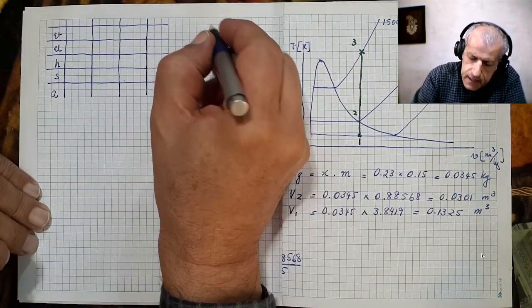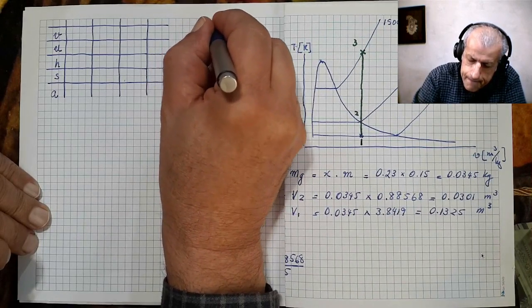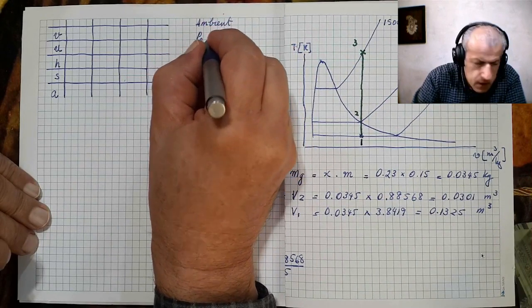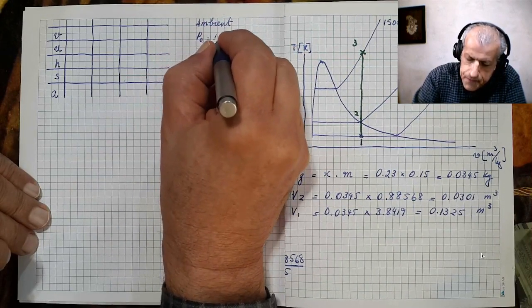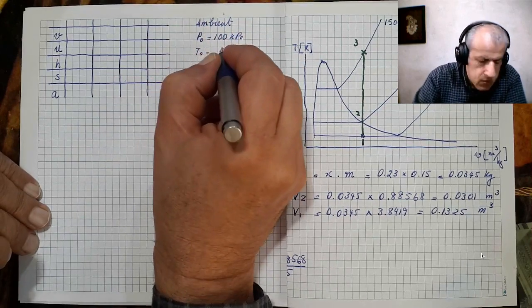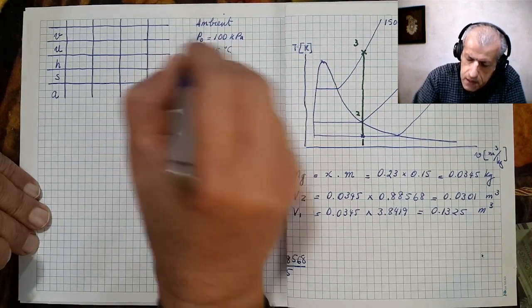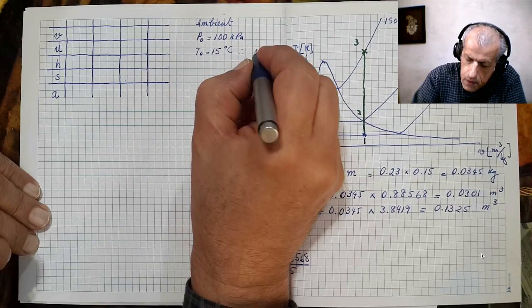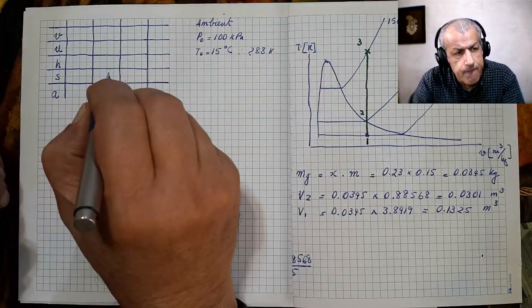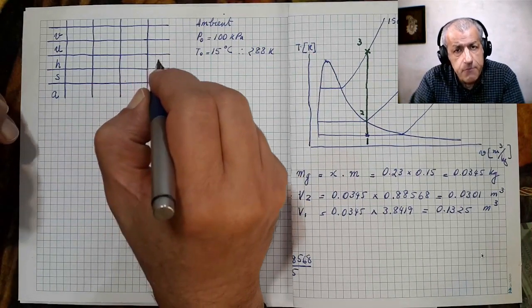Let's say that ambient is P0 equals 100 kilopascals and T0 equals 15 degrees C or 288 kelvins. Now, if this is ambient and water in this ambient